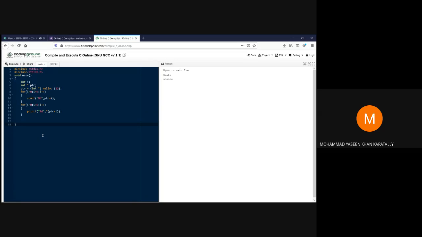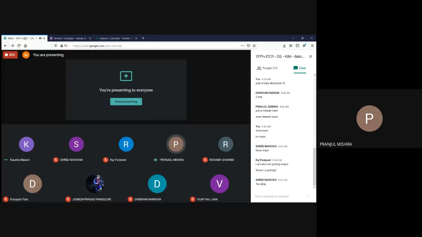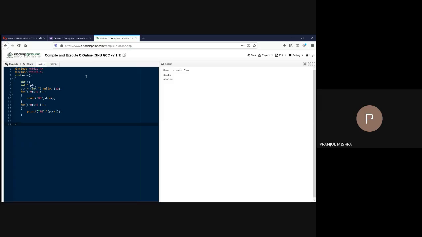First, I did not write the header file when I knew there was an error, but when I included the header file, still nothing. Ma'am, PTR equal to int star should be there, no? It is written as PTR minus. No, Pranjal, he has done PTR equal to, but on our screens when we are looking at it, it seems like it is minus.